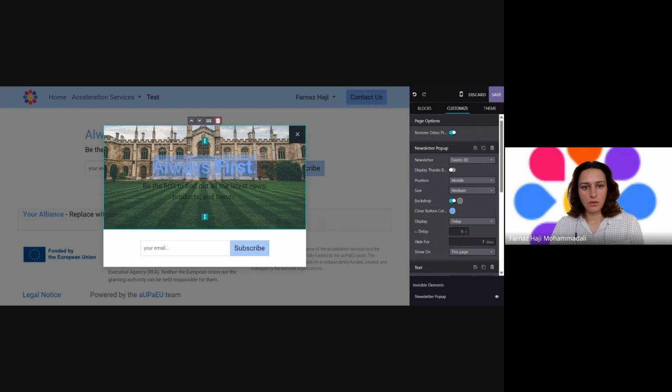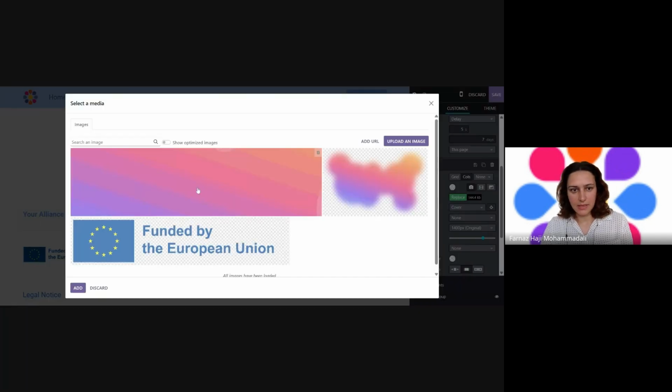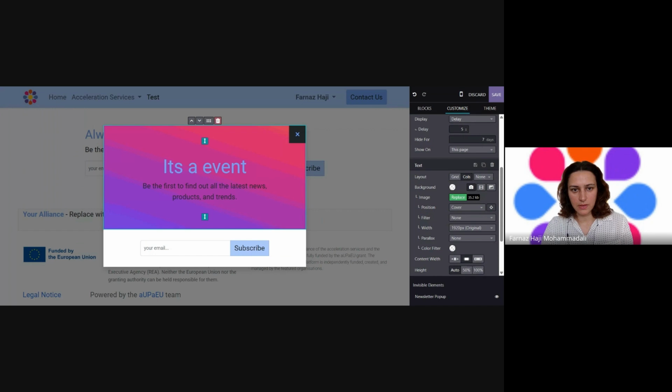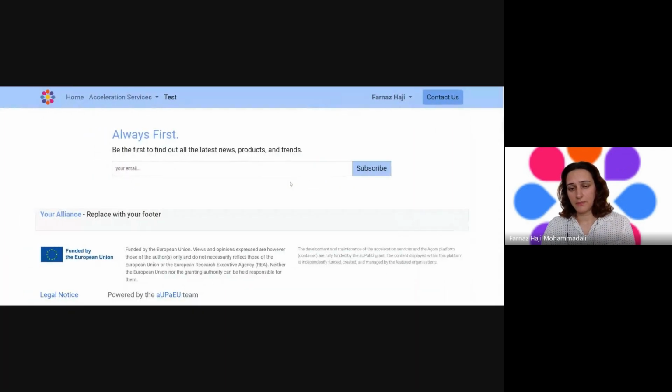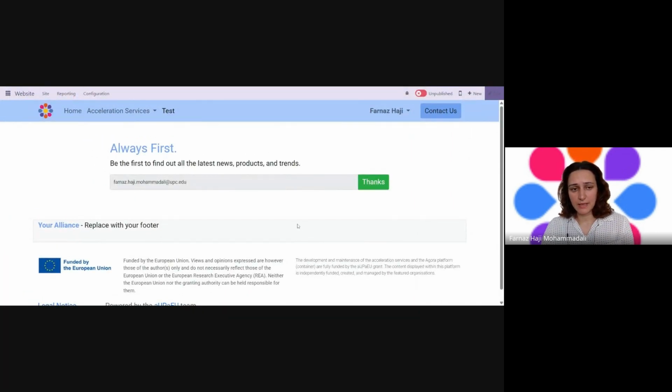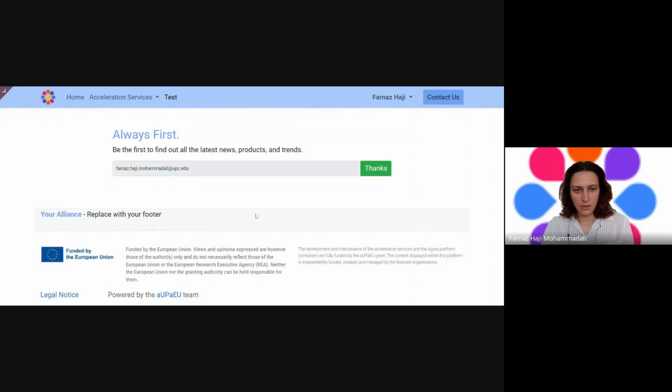So we can also change the text. It's the event, and then we can edit the picture here. We can replace the pictures. For example, I'm gonna choose this as a picture, and the text and everything. So now I'm gonna say, as I have chosen the event, let me